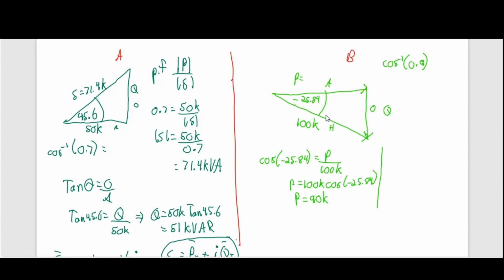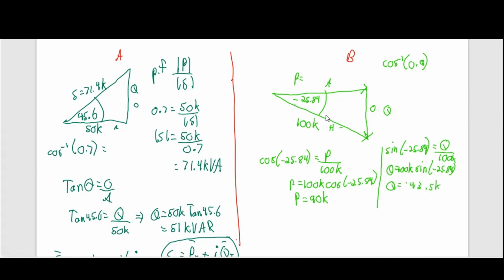Alright, what trig ratio could we use for Q? So we have H, O, that is for sine. So sine minus 25.84. So opposite, which is Q, and the hypotenuse, which is 100K. Fling the 100K across, Q will equal 100K sine minus 25.84. So 100, 1, 2, 3, sine minus 25.84. Right, and then we get Q to be